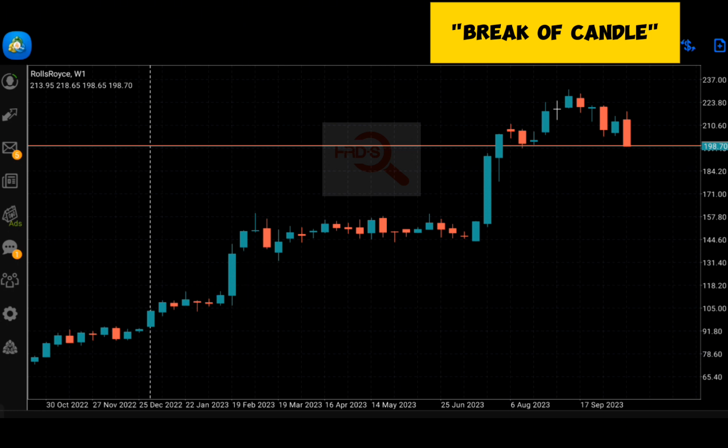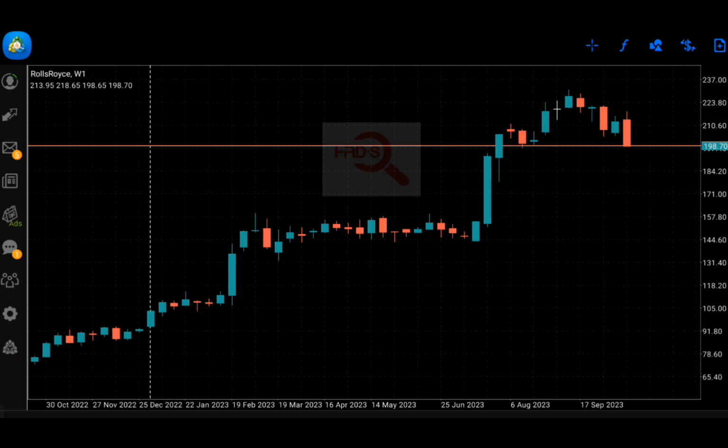This is a way you can use break of candle to know the people that are in charge, to understand price action, to understand candlesticks without cramming. What it is called is not going to put money in your pocket, for goodness sake. You just need to interpret it based on the action of investors or the market makers that push the markets. Now, the last but not the least is